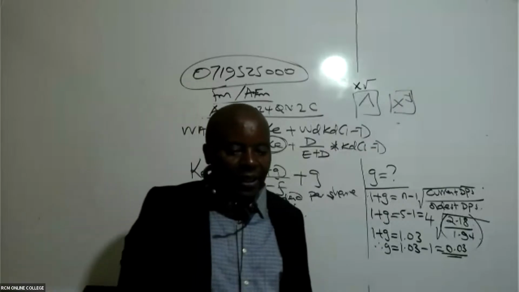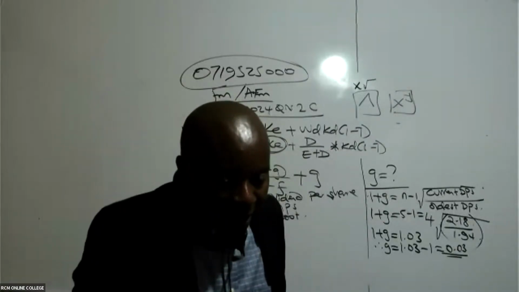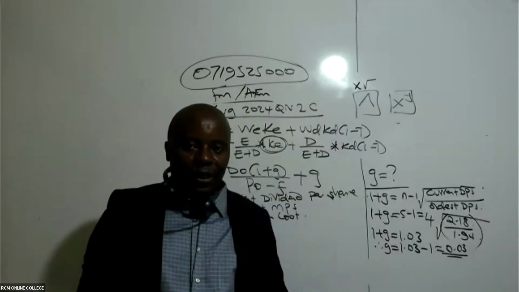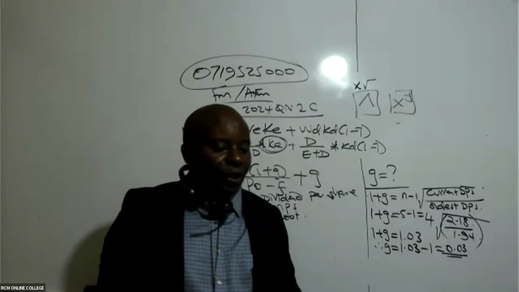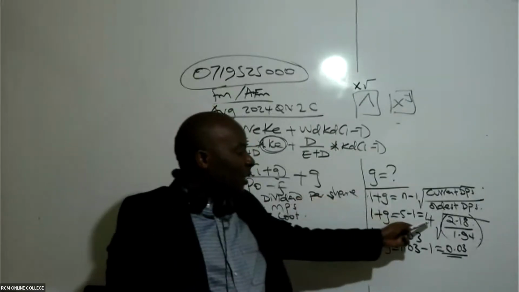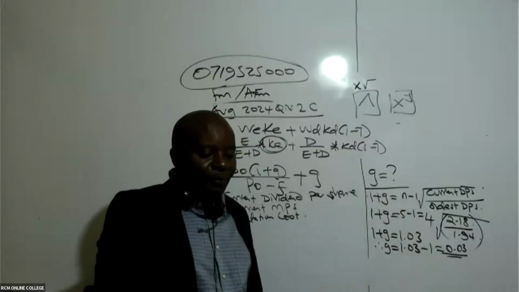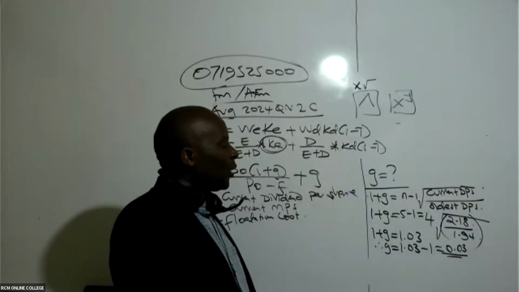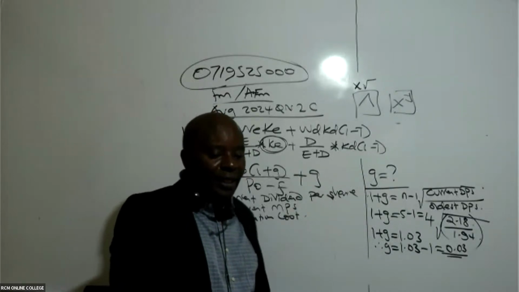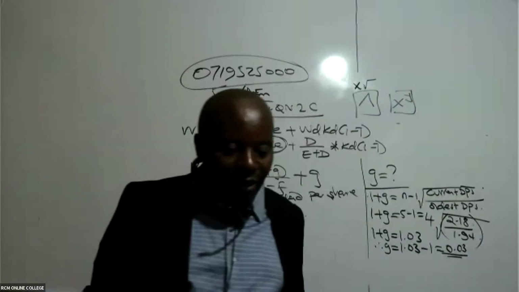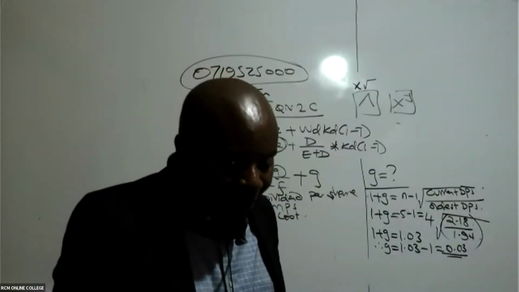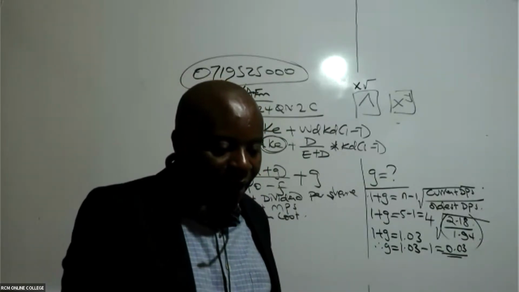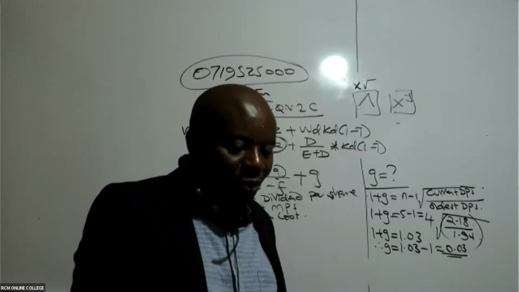So apart from Angie and this BR gentleman, the other students, are we together, or is there anything you would want me to repeat? I know this is quite a technical area, to get this 4th root, to get 5th root. If you're together, could you kindly mention there Y for yes? That is still BR. I'm waiting to hear from the other students whether there's anything that they would want me to repeat.